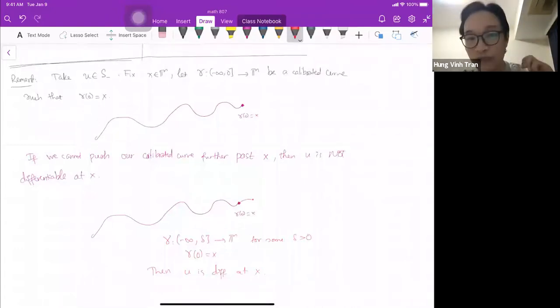But here I have to be careful because I'm only talking about that one point, right? If it's differentiable at one point, can I extend it a little bit? So I have to be very careful. This is a very delicate matter. Top experts in the field, like PDE people, are still working on this, and we also have some very substantial difficulties understanding the set of singularities of this thing.